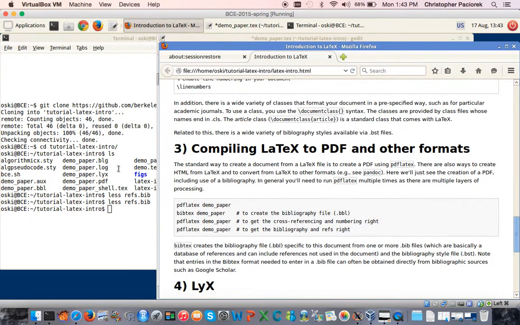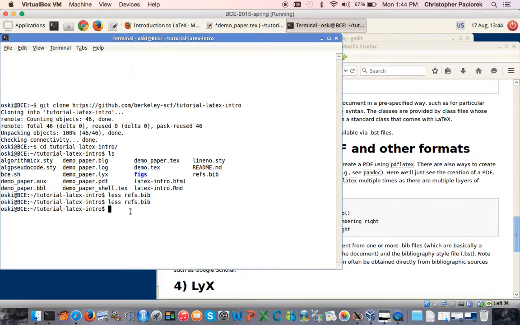If we're doing this from the command line, we basically need to invoke a series of commands. And the reason we need to do that is because LaTeX actually processes the document in multiple passes, and it needs to do that because there's a lot of cross-referencing between citations in the bibliography. There's cross-referencing in terms of numbering of sections and numbering of equations, and all of this requires that we run a series of commands. So if we wanted to create demopaper.pdf, it's already created here in the repository, but I'm going to go ahead and create it fresh from demopaper.tex.